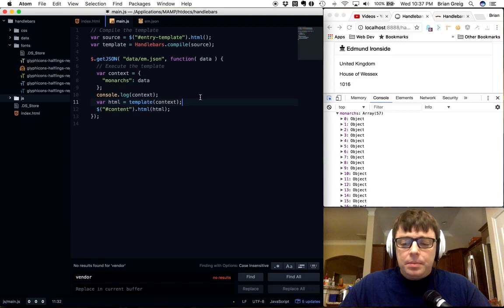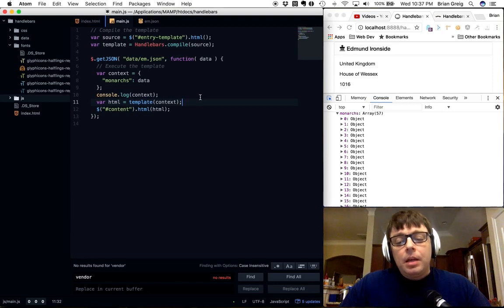So the idea behind a context, and this is where the value in using templates comes in, is that we can call this template with any data. So we're passing in monarchs, but maybe we want the option of pulling in queens, princes, or presidents, or whatever data we want, we can pass to this template within its specific context,